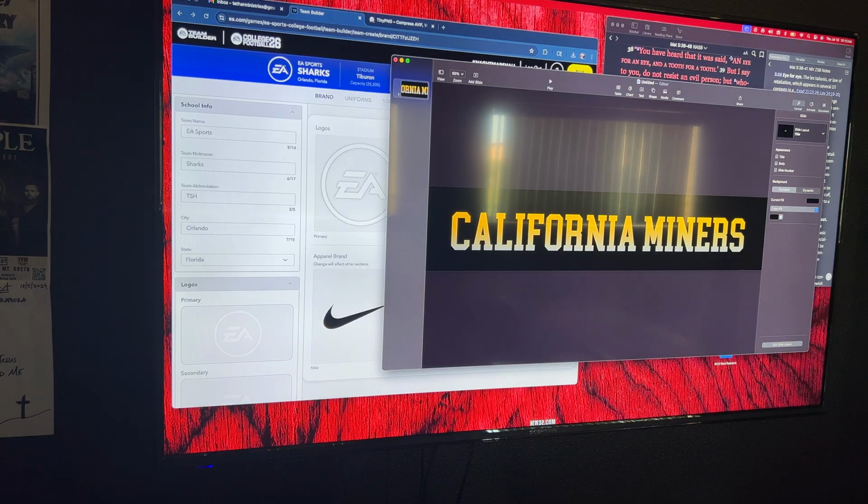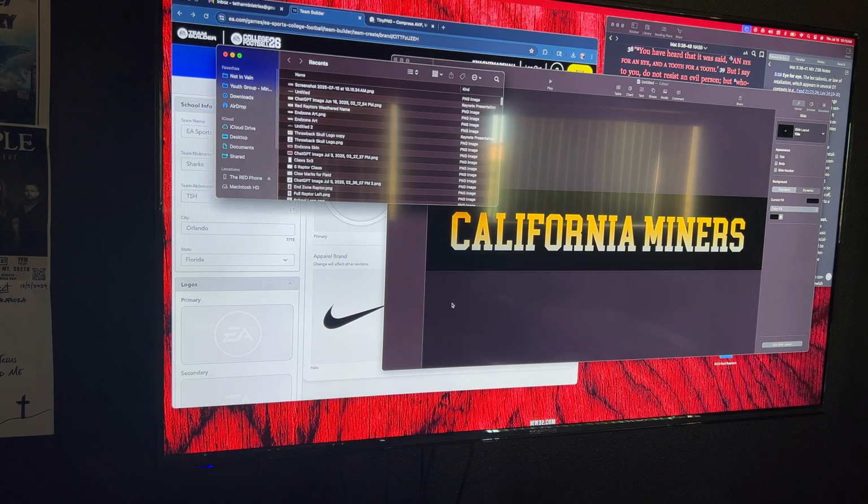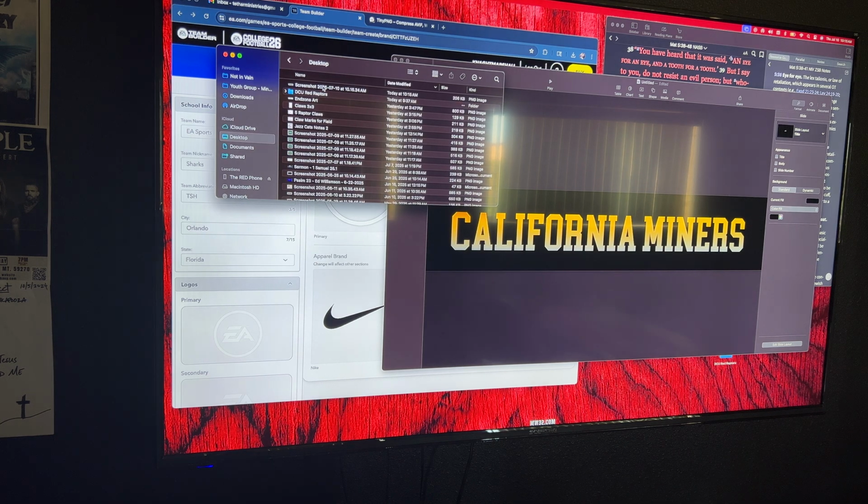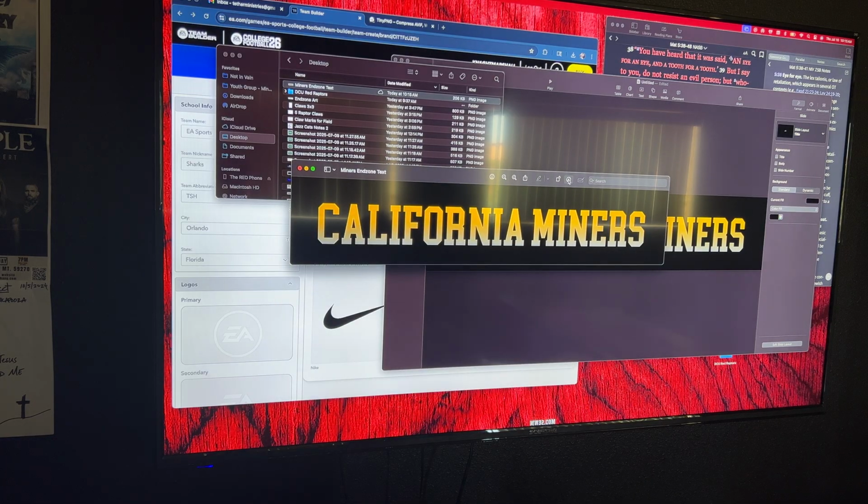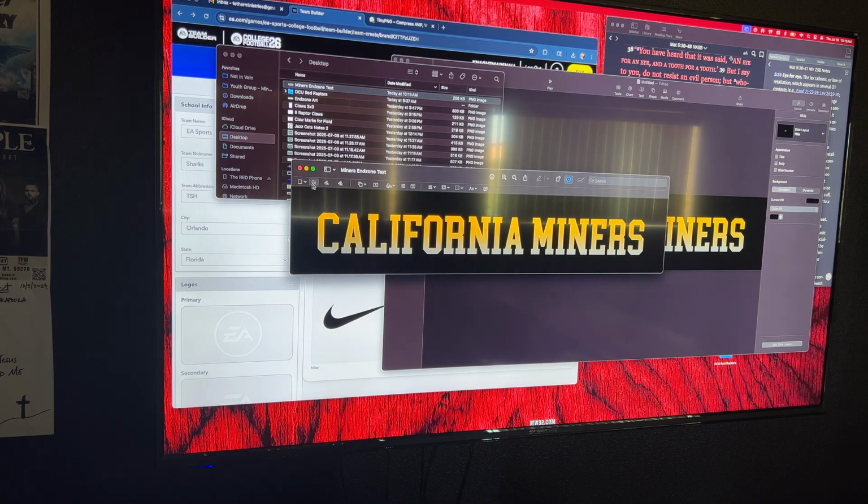And then on my desktop, I'm gonna open that screenshot right here, and I'm just gonna rename it miners Endzone text. Open it up with preview. And within preview, if you take this tool right here, which is your markup tool, and then you go here to your instant alpha, if you click on the background and drag up, you see it, you can go all